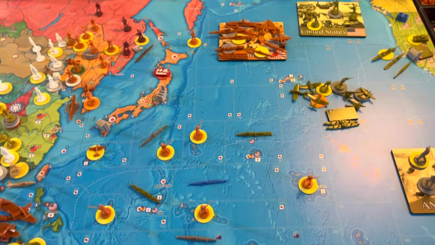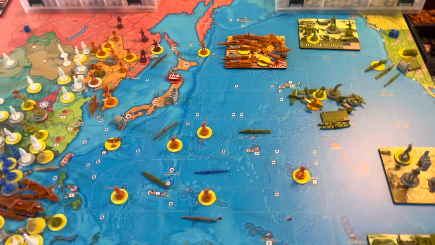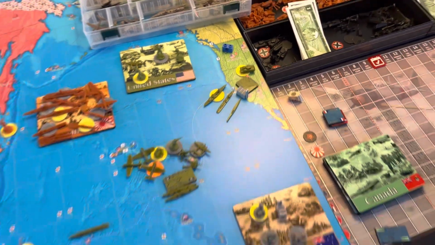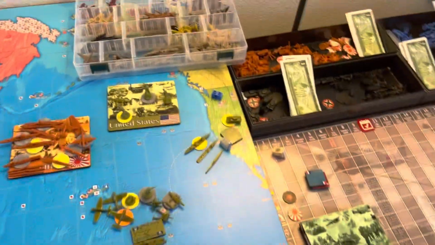So I want to go over the start of the game. Americans have 6 IPP a turn. So what I do is, like I said, I would like to upgrade the medium factory to a major in San Francisco. I'll do that turn 1. Give me that 5th tick roll. And then